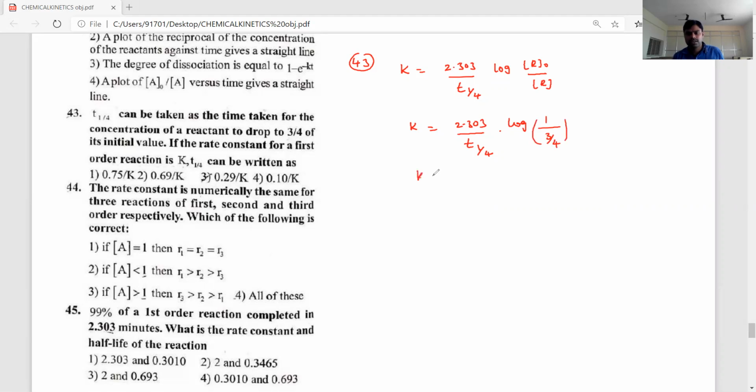That is K is equal to 2.303 by T 1 by 4 into log 1 by 3 by 4, which is 4 by 3. 4 by 3 means log 4 minus log 3. Okay. Then log 4 value, we know that log 4 is nothing but 2 log 2. Then K is equal to 2.303 by t by